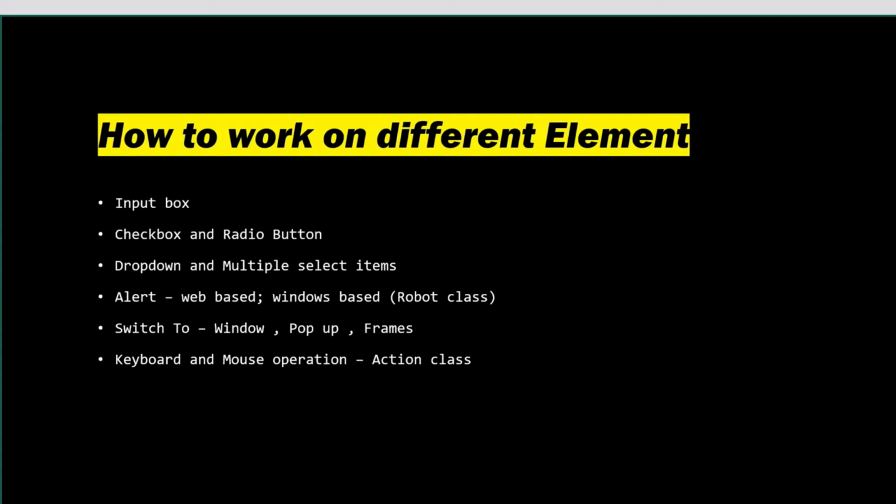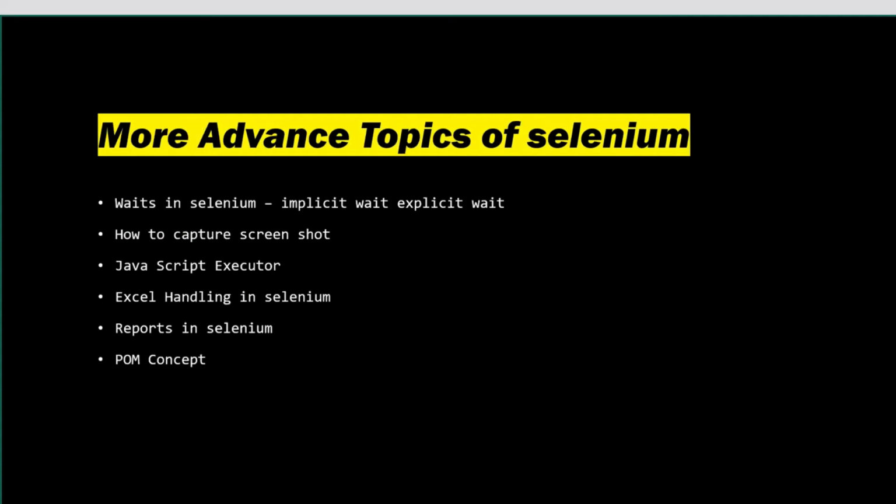Okay, so once this is covered, we'll move ahead with the waits. Waits means sometimes your web or your net connection can be so slow, so you have to provide particular ways so that your script is not failing. Even sometimes when your website has a load, your automation script should still work. There are different types of waits, implicit and explicit. How we put the wait will be covered in the waits topic.